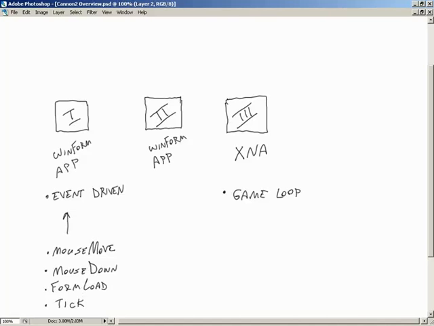So this time around, we're going to change things up a bit. We're going to take mouse move and our mouse down. We're going to get rid of those, and we're going to create a polling system. Basically, in our simulated loop, which I say simulated because we're still going to have to use our tick event, we can basically query to see where the mouse is at. We can query to see what state the mouse button is in, and then we can act upon that information accordingly, right? Right, and another thing that we'll do is that will mean that all of our code will run